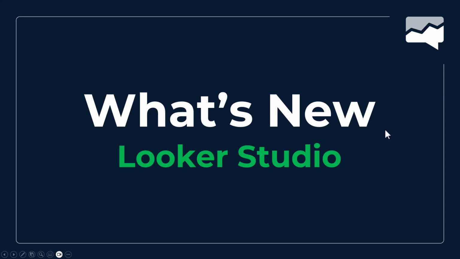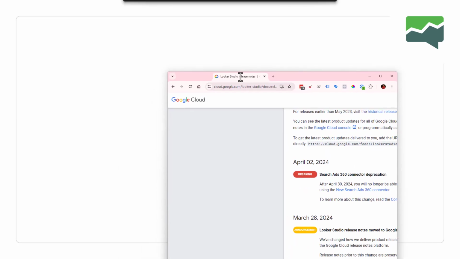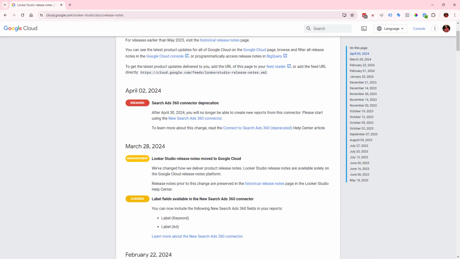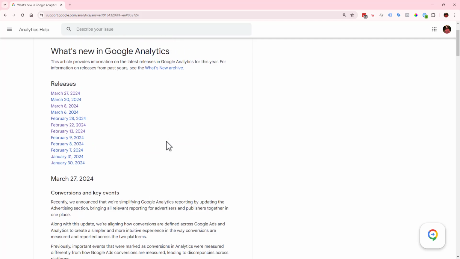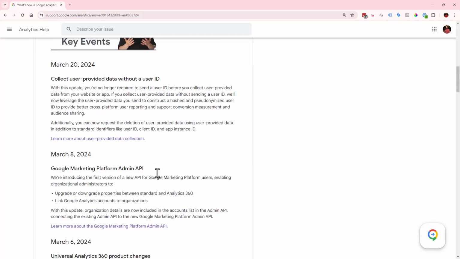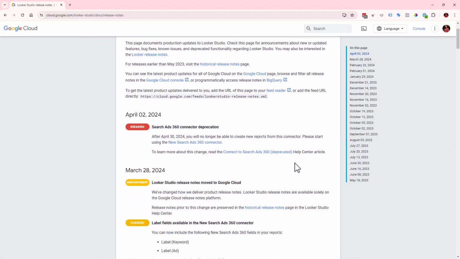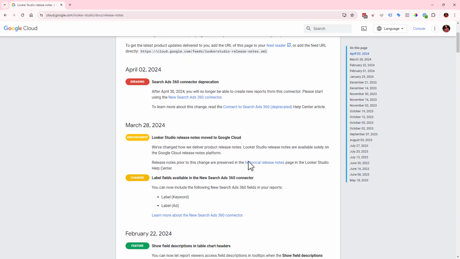Let's talk about what's going on with Looker Studio. This one actually doesn't require us to go into Looker Studio, but I do have something fun for us to look at. I'm just going to show you real quick the difference between these two types of documents. So this is the release notes for Google Analytics, and this is the way it looks. And then if I come in here, this is actually what happened to Looker Studio in the past week or so,